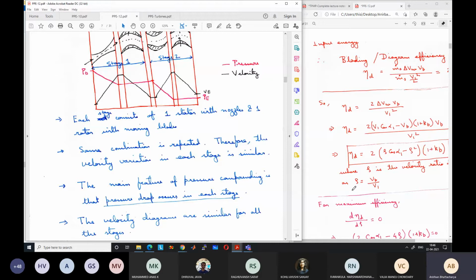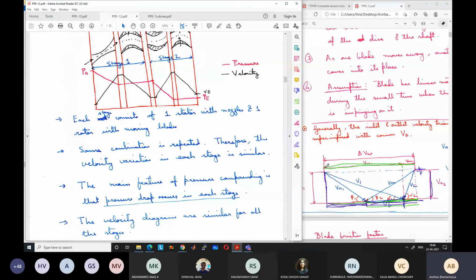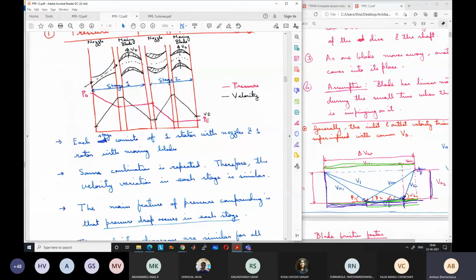will come out with v1 velocity again. And again it will enter the next stage of rotor with v1 velocity, and again at the outlet it will be v2. And again with the low velocity v2 it will enter the nozzle, and again will come out with v1 velocity. So the same thing is getting repeated again and again.